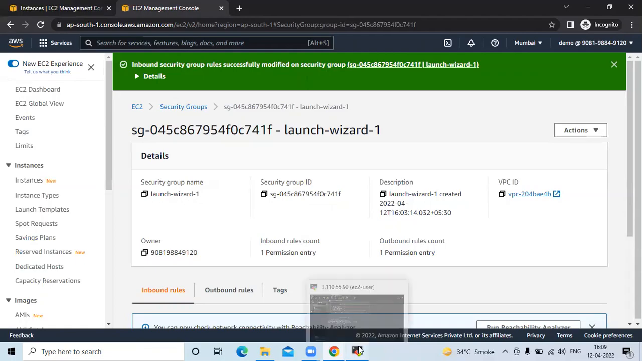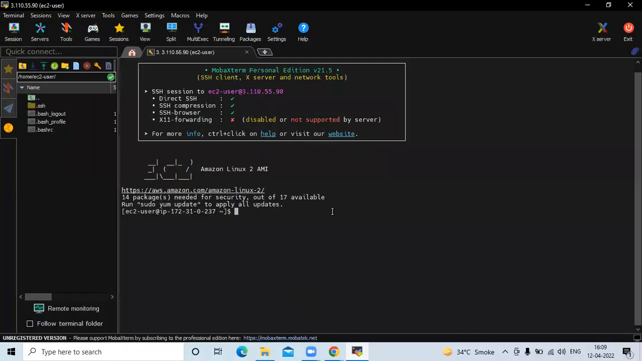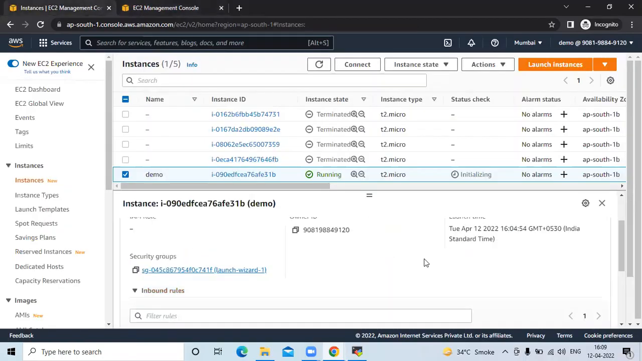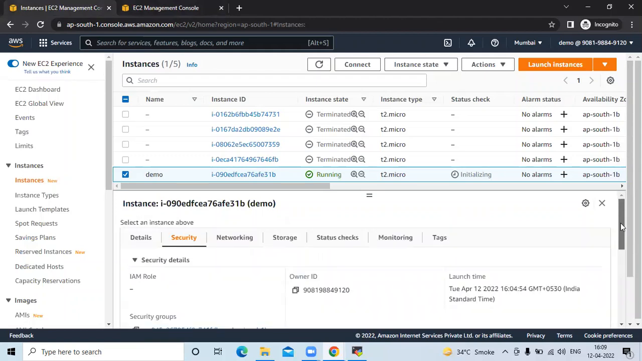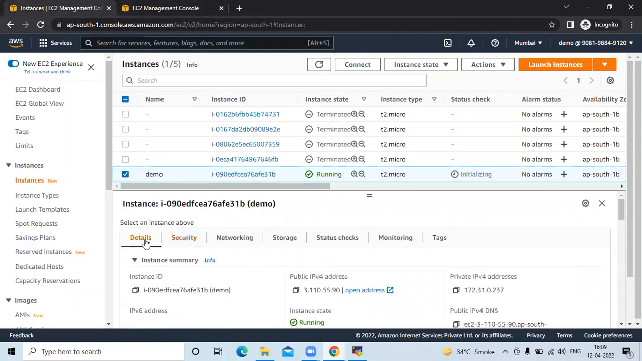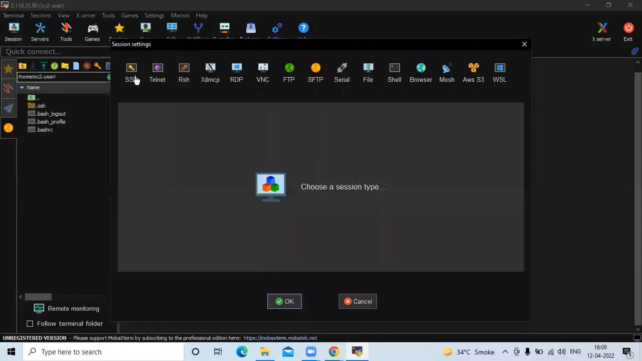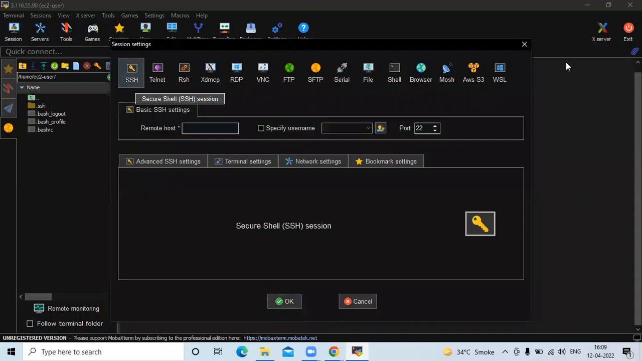So now you can see we already made a connection. Now try to connect again. So for that, firstly we need to copy our IP address. So here go to the details and copy the IP address, and now session, SSH, and remote host, and specify username